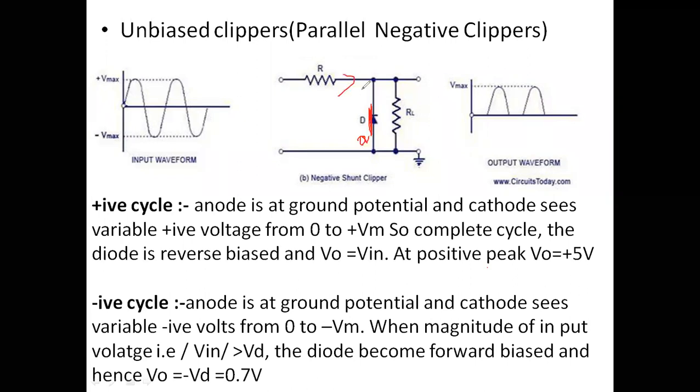Therefore, the input is going to see two paths. One is the diode, another is the load resistance. Always the current will flow through the low resistance path. This is a short circuit path. In this path you have low resistance, therefore the entire current will flow through it only. On the output side we have a load which offers some impedance, therefore the current won't flow to the load side. This side is very low resistance, so the entire current flows through the diode only, and then it goes to ground. Grounded means it goes to zero.